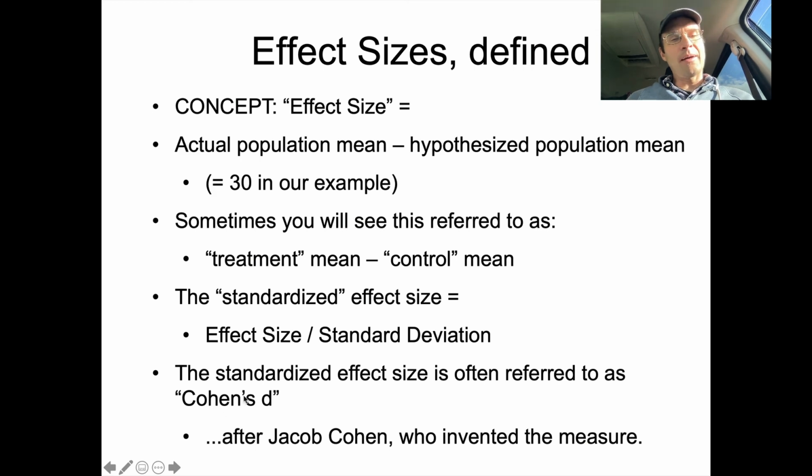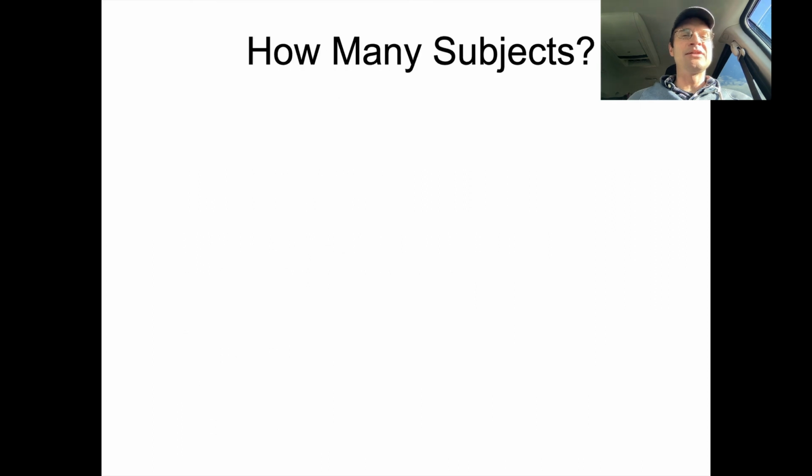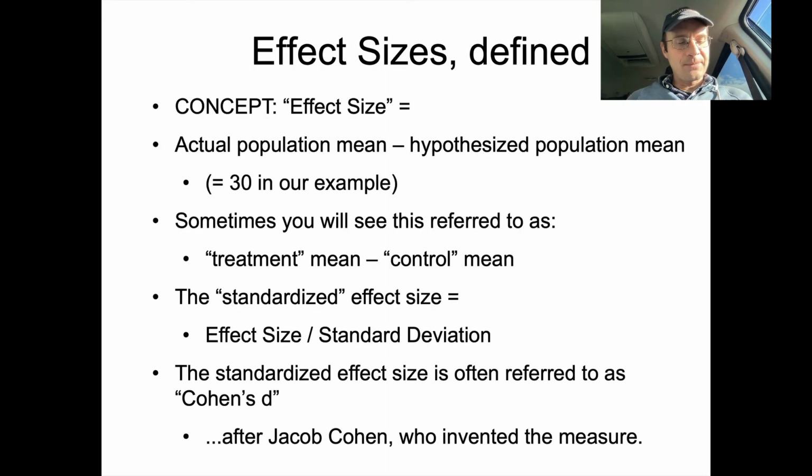So I'm going to make one more video for this series, and we'll use this as context. We'll calculate a few effect sizes, but basically what we want to do is answer the question, how many subjects should I run in my experiment? And again, this is something you have to do before you run the experiment, so I'll show you how to do that. But for now, I've said enough,